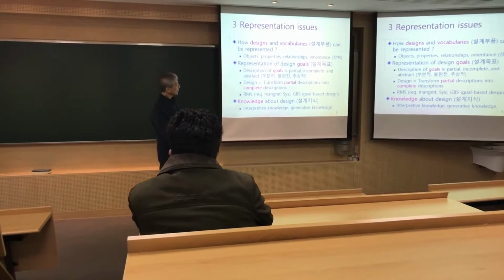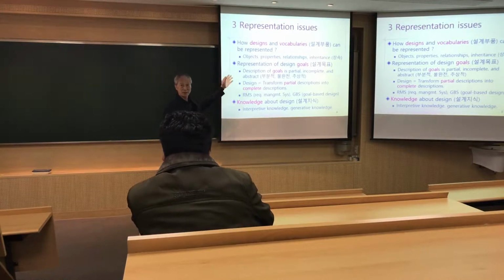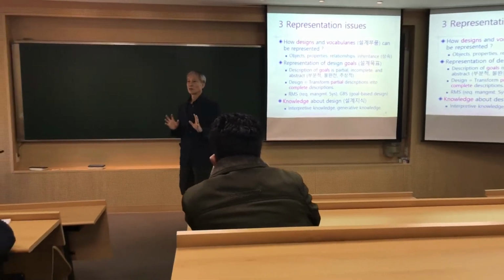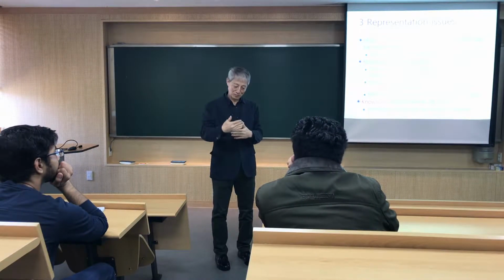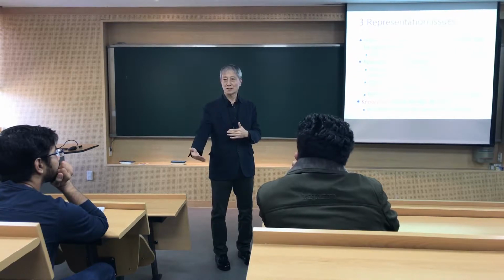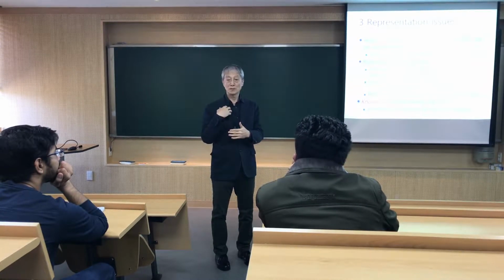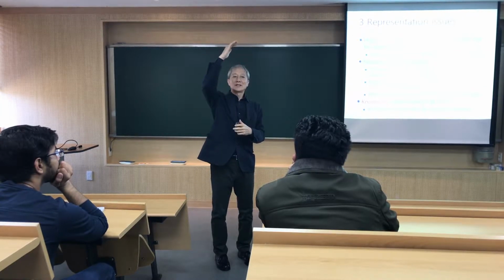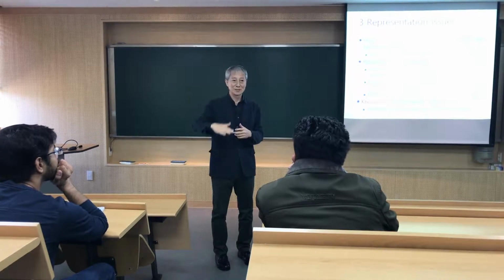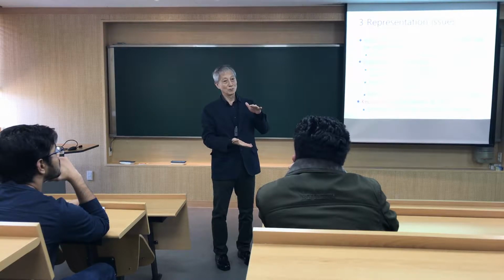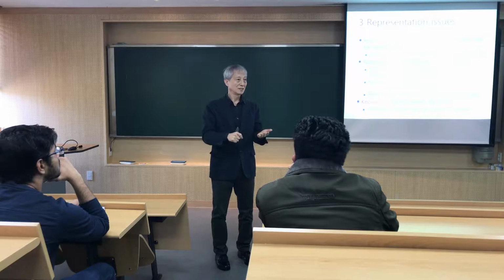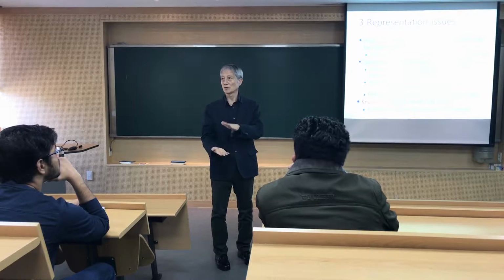Description of goals is partial, incomplete, and abstract. At the beginning, it is very short: I want to build my nice home. Starting from there, we need to elaborate until the contract is signed. For my home, it's relatively simple, but if I want to build a big building, 100 stories, then it can be a big project. The contract signing with the constructor can be a big work. We need books of drawings, books of documentation.